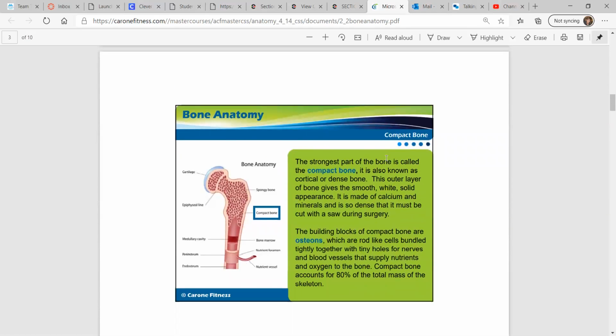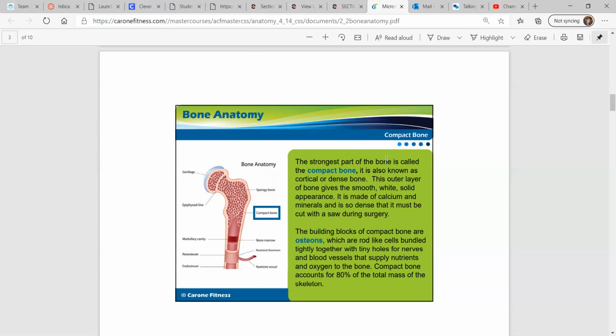The strongest part of the bone is called the compact bone. It's also known as cortical or dense bone. This outer layer of bone gives the smooth, white, solid appearance that we all are familiar with. It is made of calcium and minerals, and it's so dense that it must be cut with a saw during